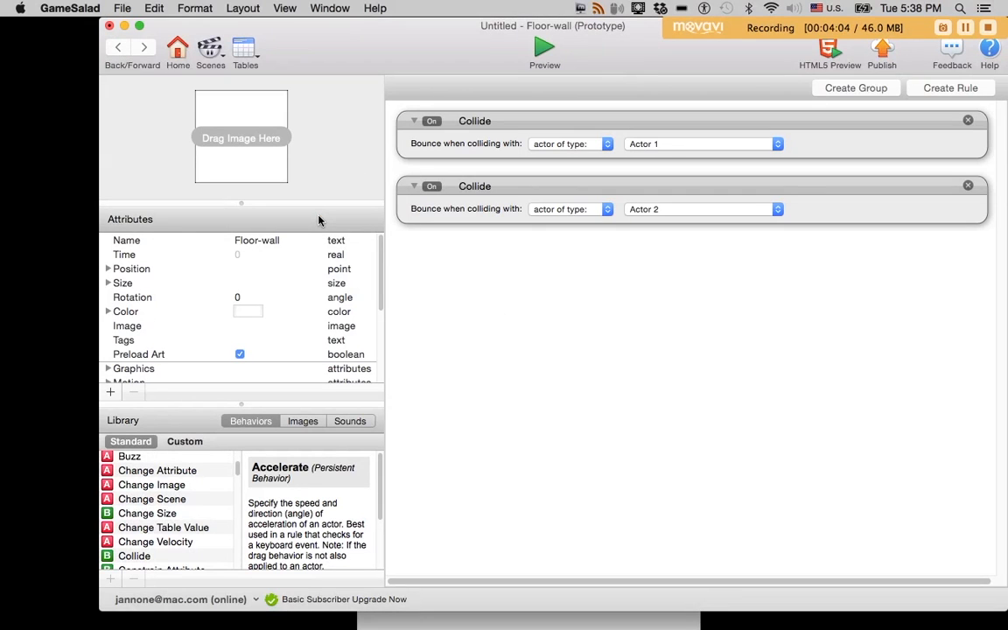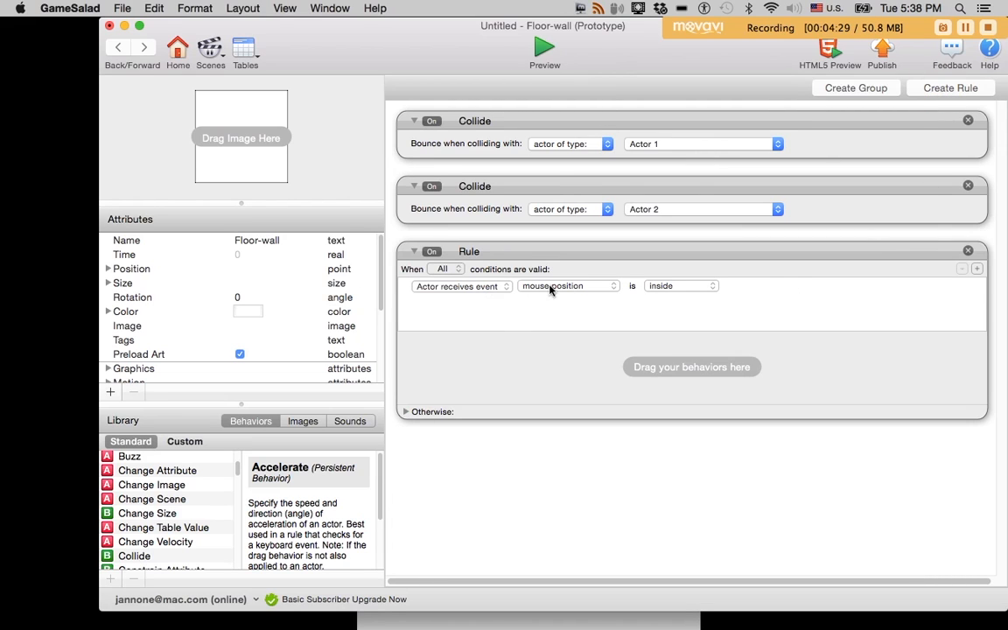So let's incorporate these sounds, and then I think we've covered enough material. So what if we wanted the floor to make a sound when something contacted it? Our collide behavior doesn't allow that. It would make sense, collide, play a sound when colliding with such and such. But in this case, what we need is a rule. If the actor receives the event overlaps or collides with actor 1,